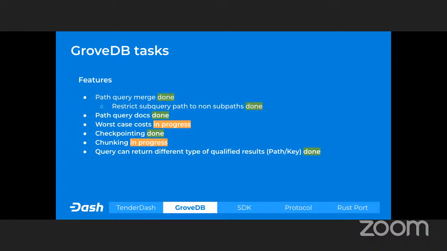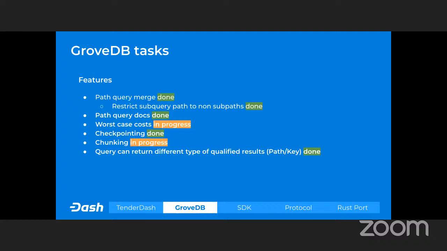Checkpointing is required to have a GroveDB state of a certain block height stored on a node alongside the current actual state, and preferably in a storage effective way. We did it using RocksDB capabilities, which we use as backing storage, so it quite meets our requirements.